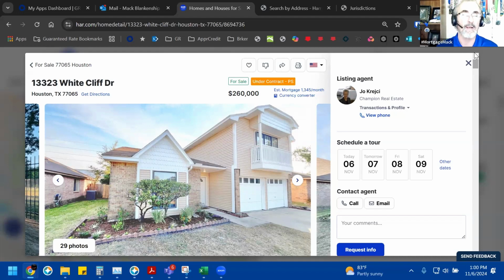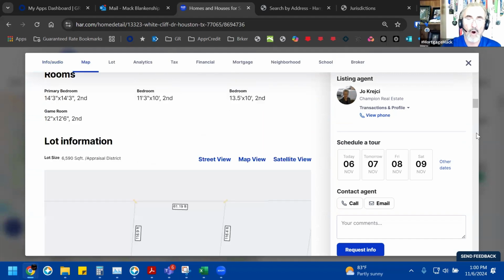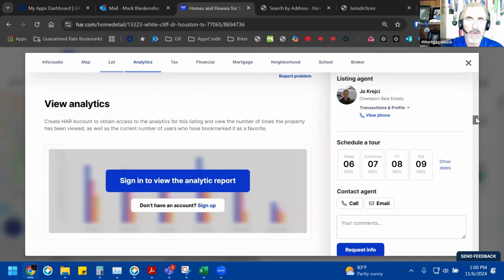And look, I can give you a list of folks that I've helped over the last several years with qualifying for a home when other lenders just didn't know how to calculate these figures. So we're going to dive into this. This is a great little house. Let's scroll down here and look, the data on HAR is represented usually